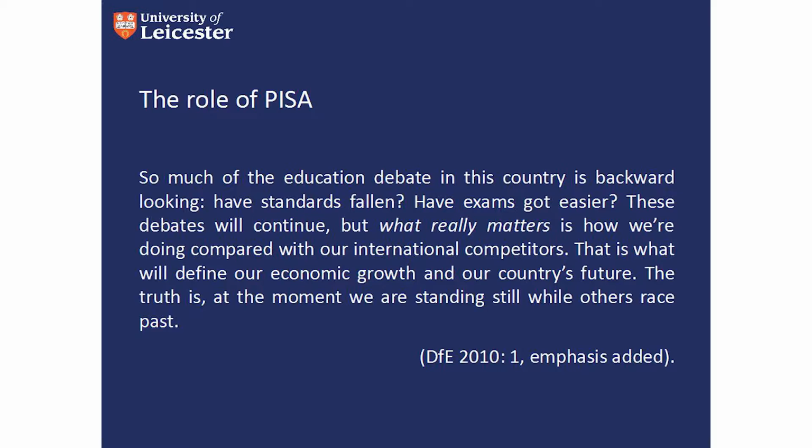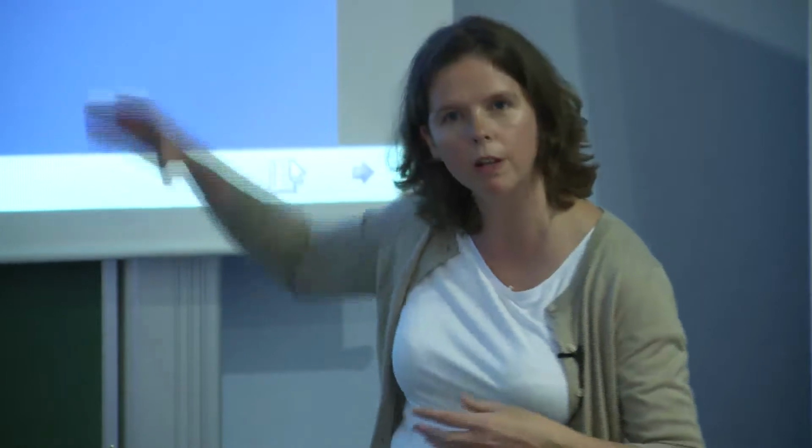This is one of the first things that they had to say about education. And what I think is really interesting from this quote is the idea that what really counts is how we do in comparison with our other neighbours, with our other countries. So the fact that English 15-year-olds can have a mid-ranking position in Pisa is seen as an indication of a failing national school system. So it's interesting, particularly since over the last few years Pisa has always been important. But more recently, there is much discussion of tying Pisa to the national curriculum.